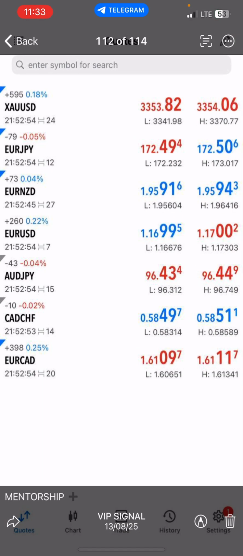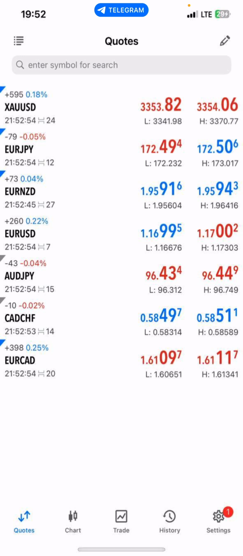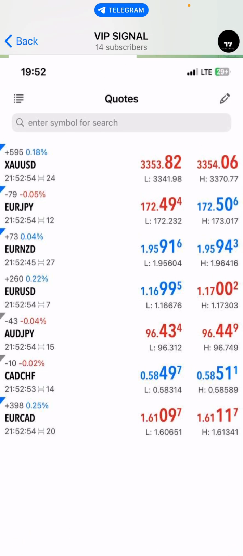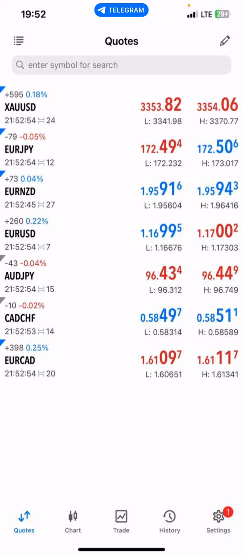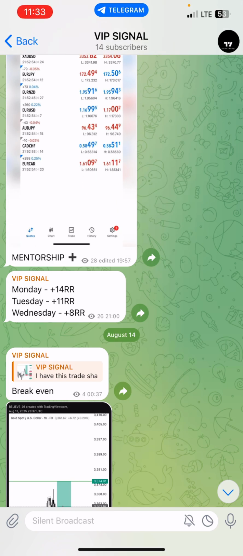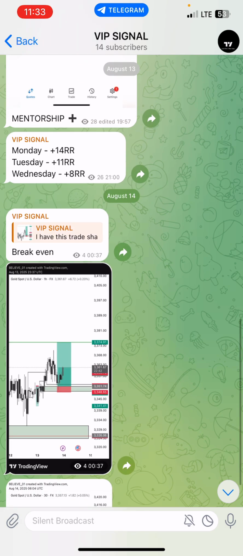So I was with my boys in mentorship. We had the live class, so I think we knew what was happening with Euro, and we just took advantage of it in all the pairs that we traded for Euro that day. They already hit EURUSD take profit, so they didn't take that trade on EURUSD again. On Wednesday, we did plus 8 arrow.